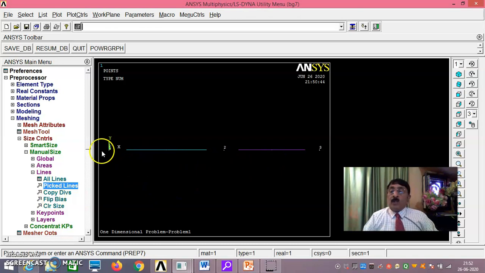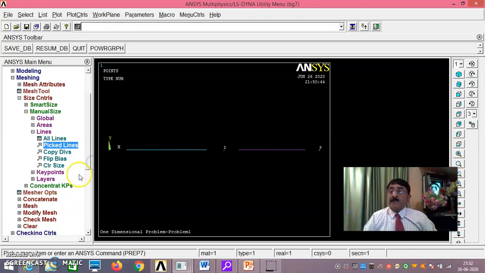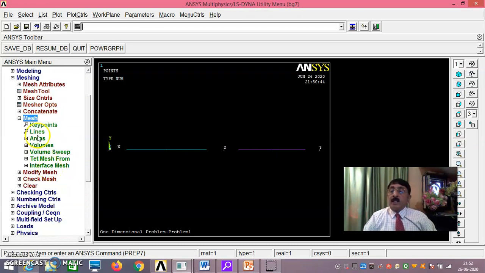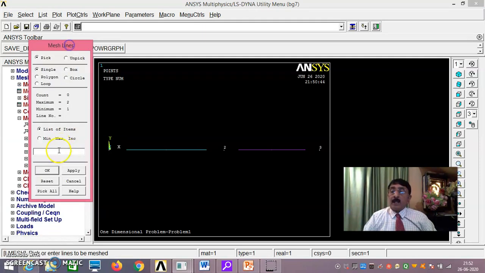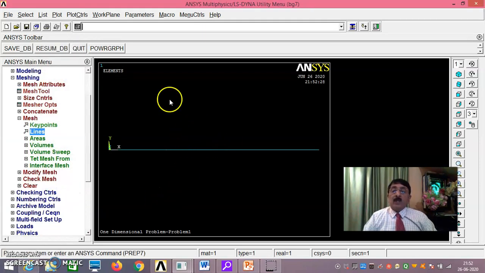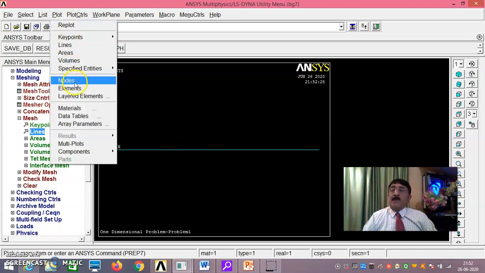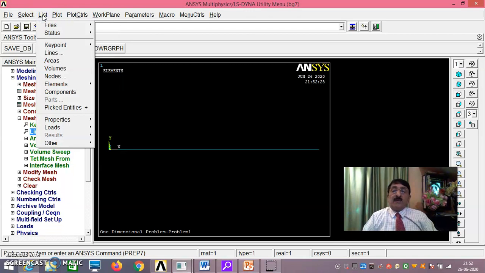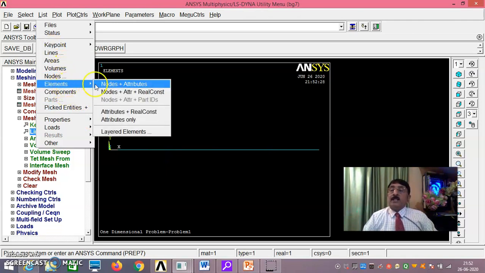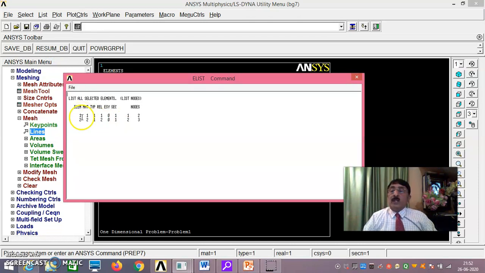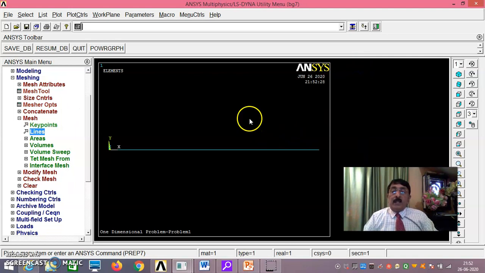So that once you mesh it, mesh, lines, pick all, you get only 2 elements because the number of divisions I had given is 1 only here and here. That is why here one element, here one element, only 2 elements are created. You just check how many elements are created. List elements, you see only 2 elements are created. Element 1, element 2. This you understand.